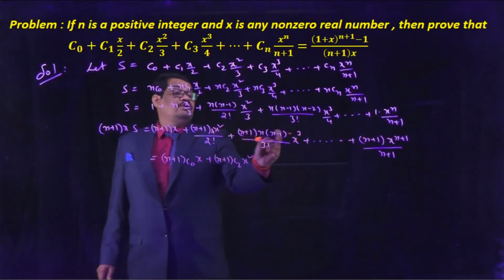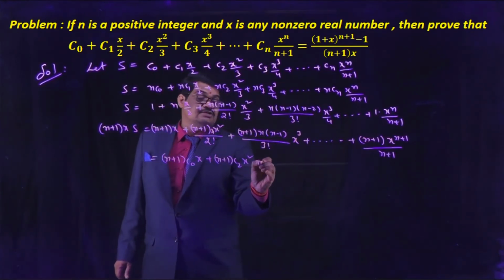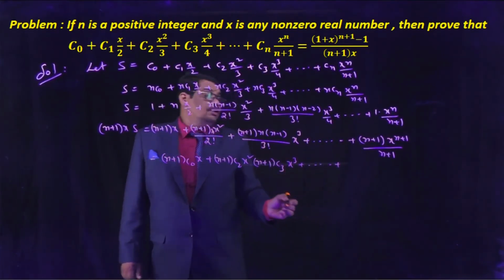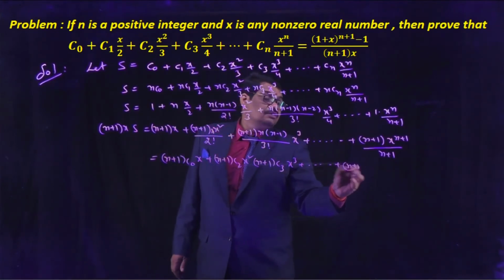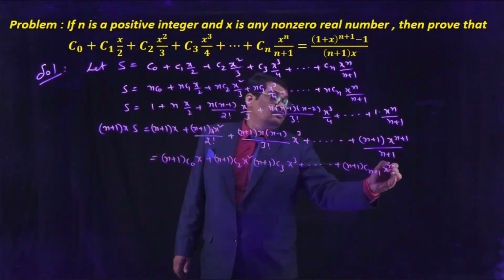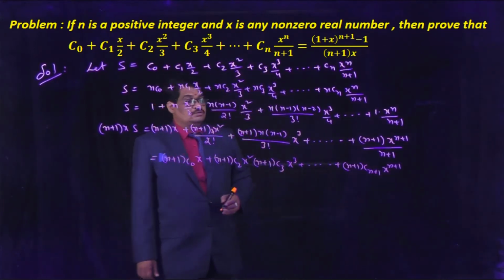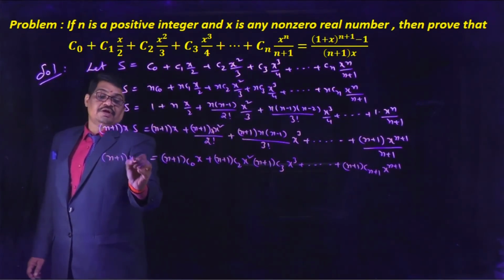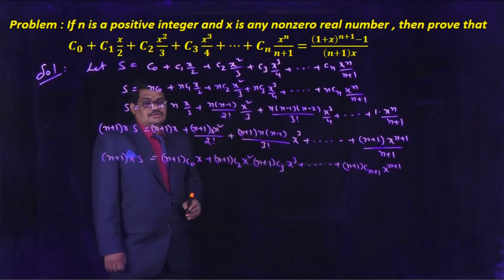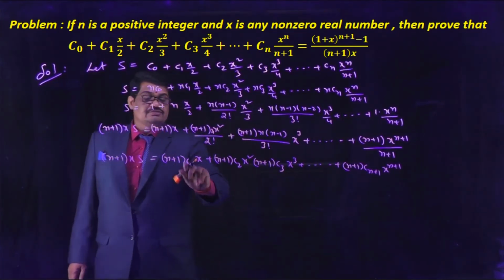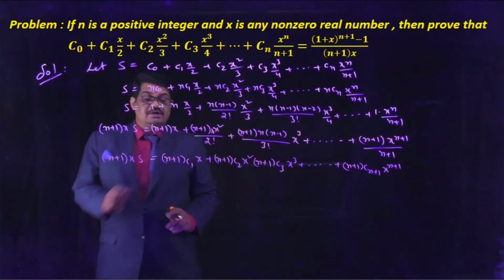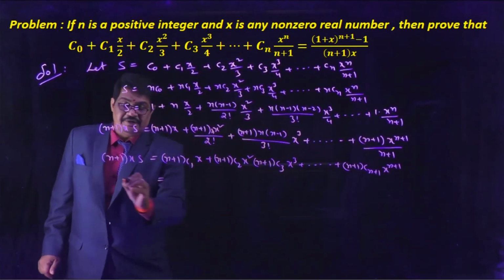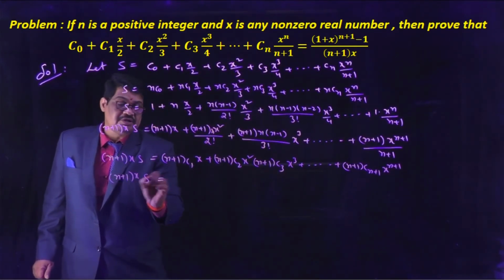Here, (n+1)·n·(n−1) can be written as (n+1)C3 x³, and so on. The last term is (n+1)C(n+1) into x to the power of n+1. Now the LHS is (n+1)·x·S. Here, sorry, this is (n+1)C1, which is nothing but n+1. So now we are writing (n+1)·x·S is equal to,